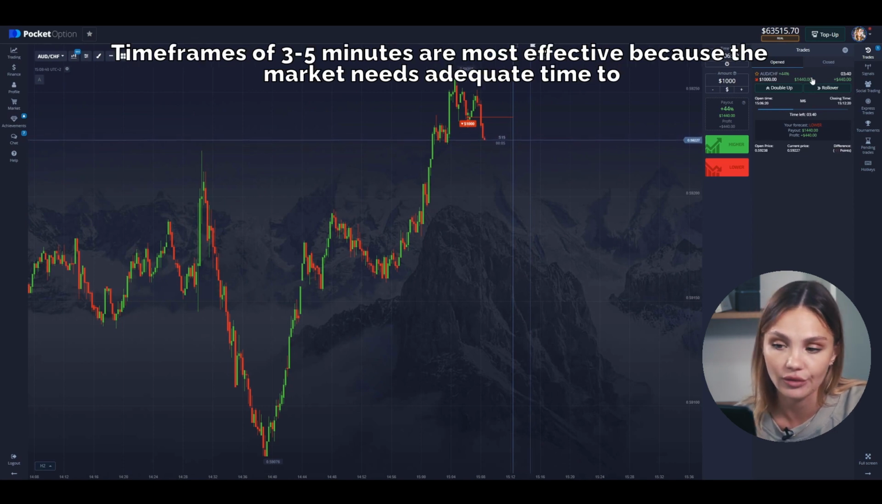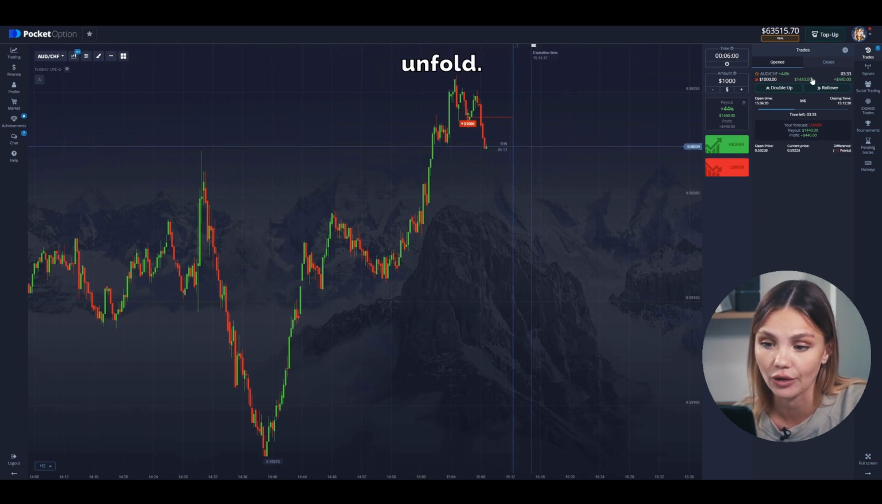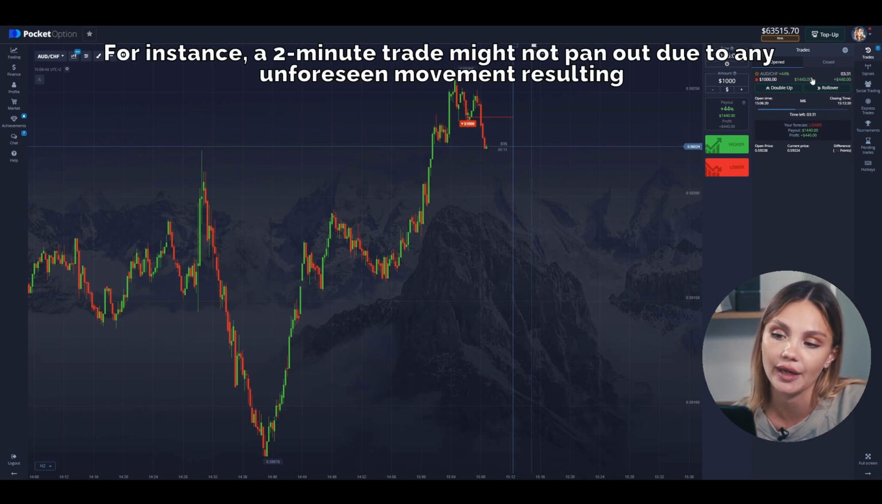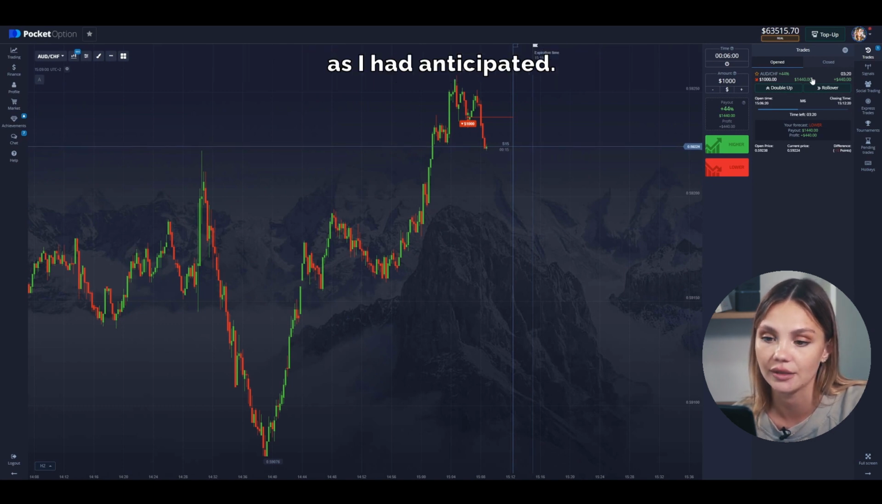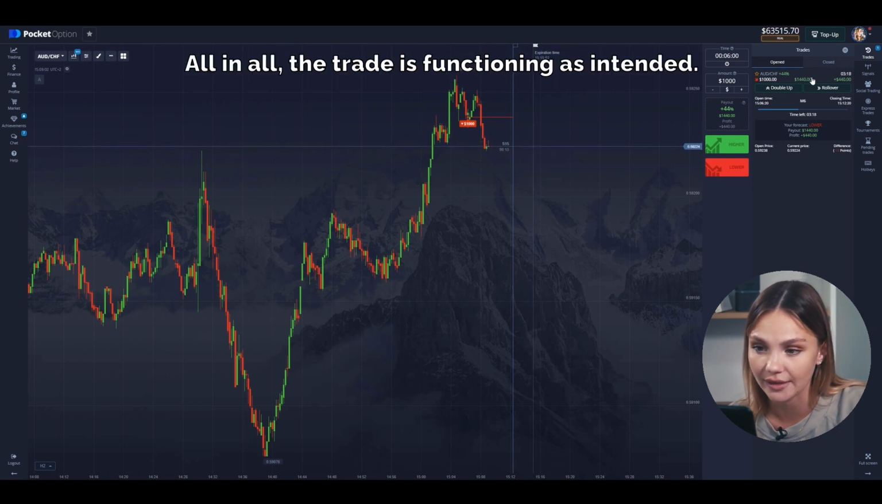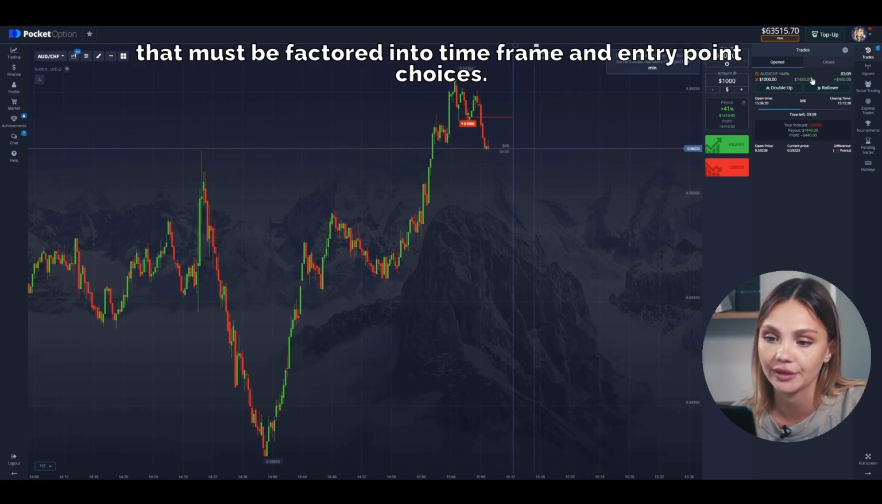Time frames of 3 to 5 minutes are most effective because the market needs adequate time to unfold. For instance, a 2-minute trade might not pan out due to any unforeseen movement resulting in a loss, much like my experience where the chart unexpectedly surged before collapsing as I had anticipated. All in all, the trade is functioning as intended. I'm anticipating a decrease and possibly a correction afterward, inevitable elements that must be factored into time frame and